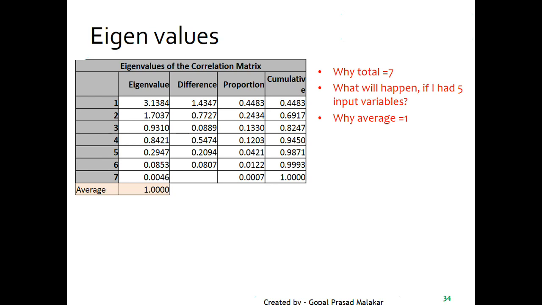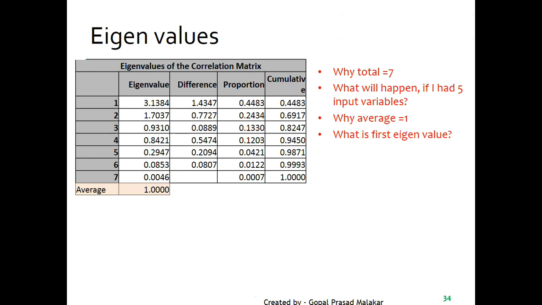You remember I showed you that when you take x minus x mean divided by x standard deviation, the standard deviation was coming as 1, and so the variance, because variance is nothing but the square of the standard deviation. So if there are 7 variables, the total variance is 7, and the average has to be 1. If there were 5, the total would have been 5, and 5 divided by 5, you would have got an average of 1. You can take 5 variables and try again, you'll get an average of 1.